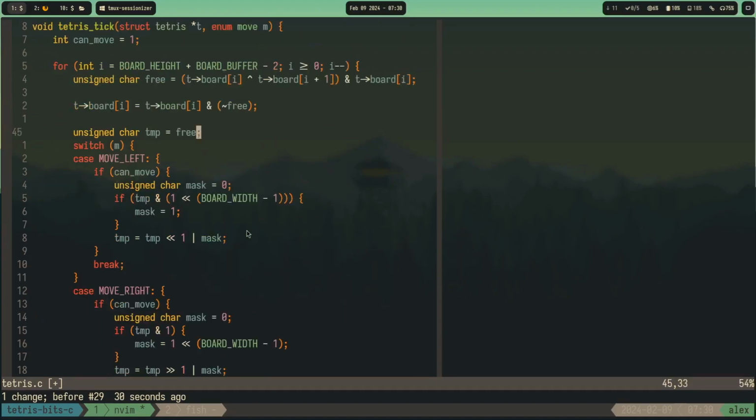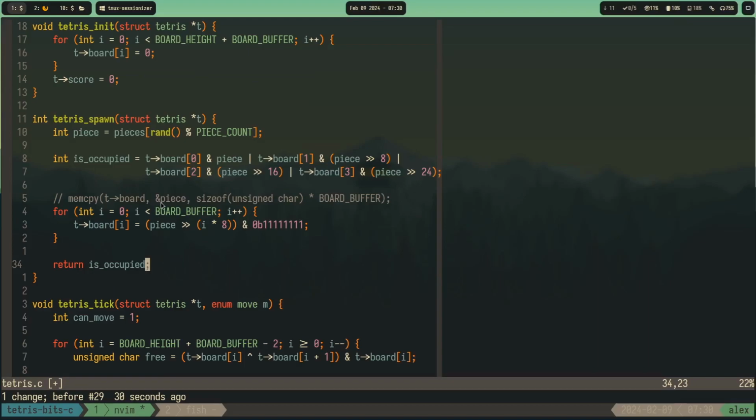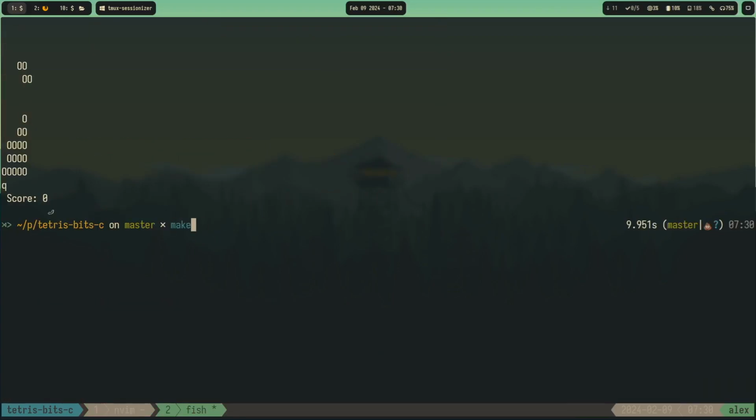So I think it should, like in spawn, we need to start from the most significant byte. Here it starts from the least significant byte. Right, so here we should say board buffer minus I minus 1. I mean it looks the same, but